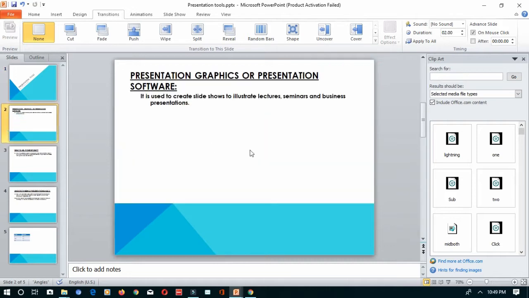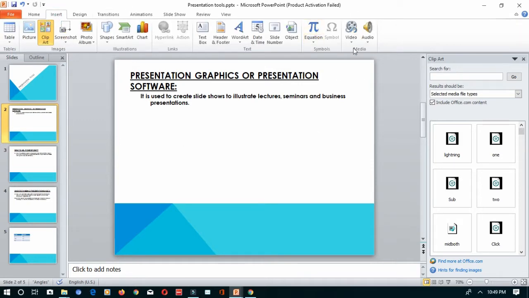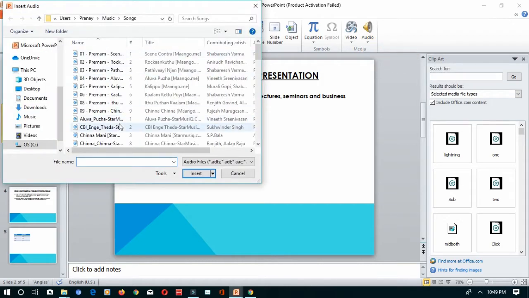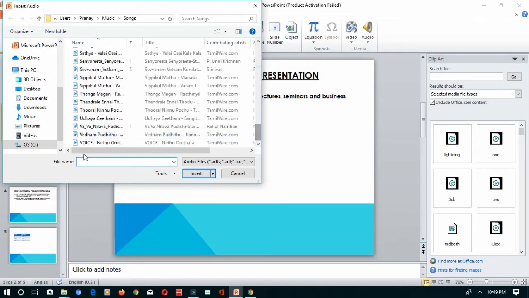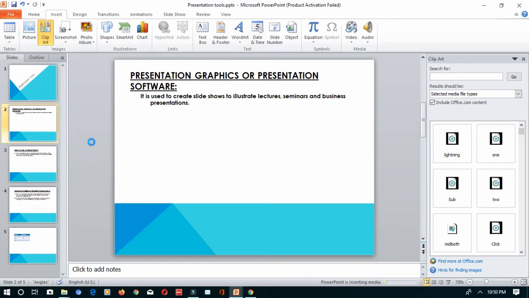Okay. So here first I will show you how to insert audio file as an object. There are two ways to do it. One is inserting audio file from the file or inserting audio file from the clip art. So first we will go to insert tab. From that media group you have to go to audio, or you have to select audio from file. So you can select any one of this. Like for example, I am just selecting one of the audio. It will be placed over here as an object in your slide. So let it get inserted.